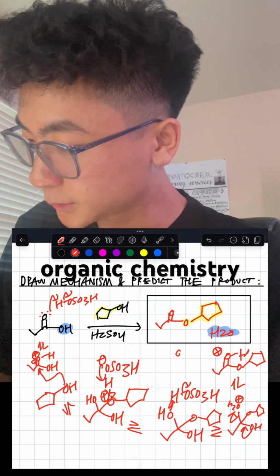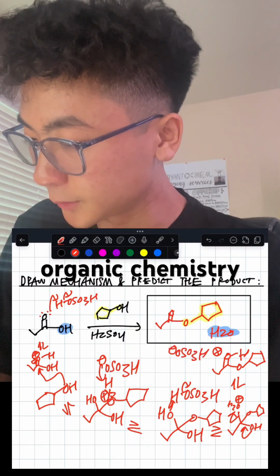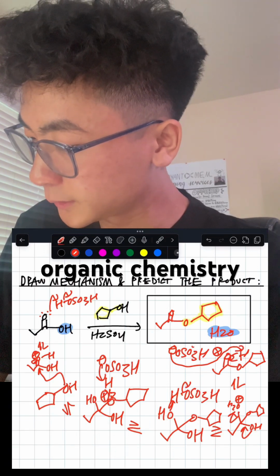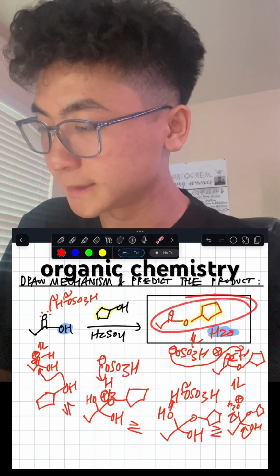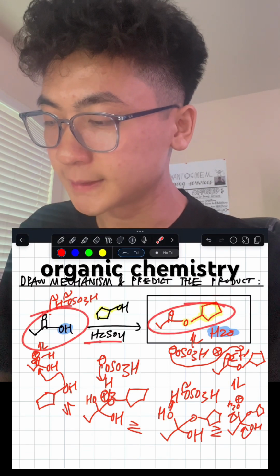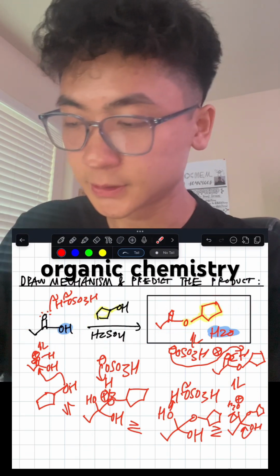Where the very last step is to deprotonate the carbonyl oxygen and make it neutral using the HSO4 minus to then give us our final product here, which is this ester right here. And we formed an ester from a carboxylic acid. And this can only be done in acidic conditions because if we were in basic conditions, that would